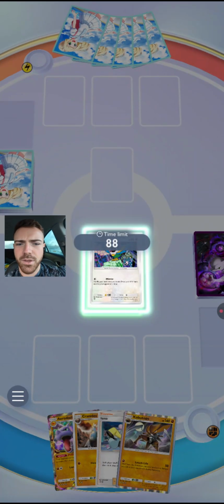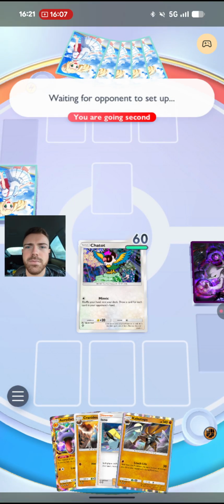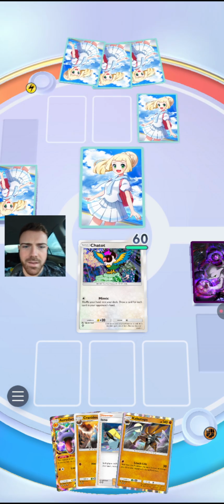Okay. Who do we start with? Chatot, of course. Best Pokemon in the game. Absolute waffler. Premium waffler. Lily's looking kind of...